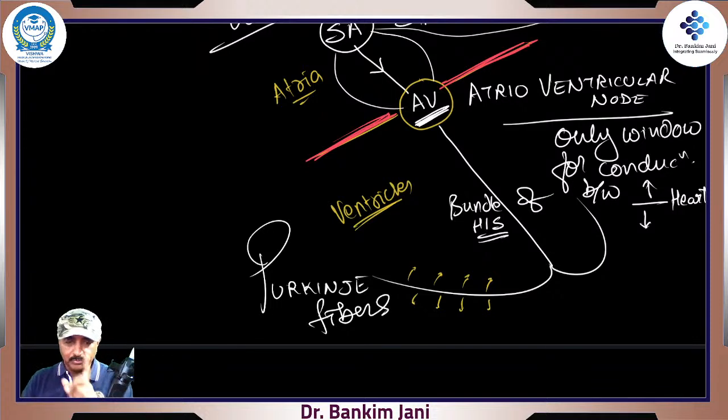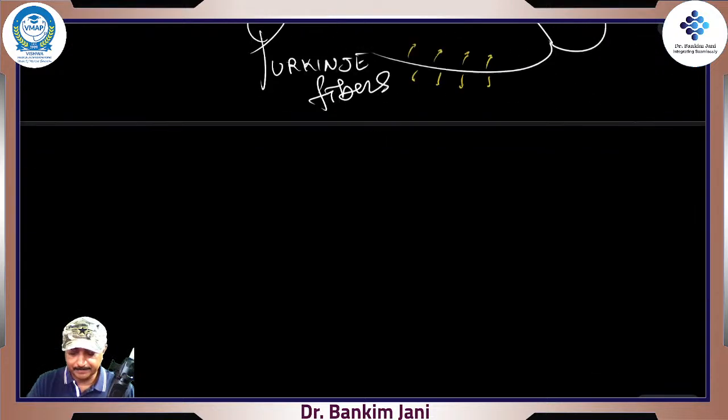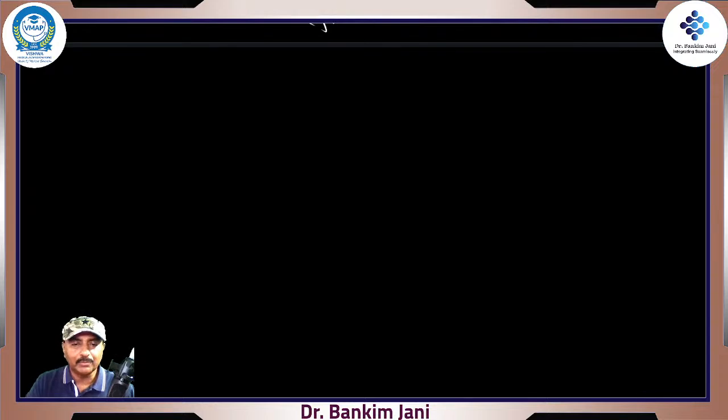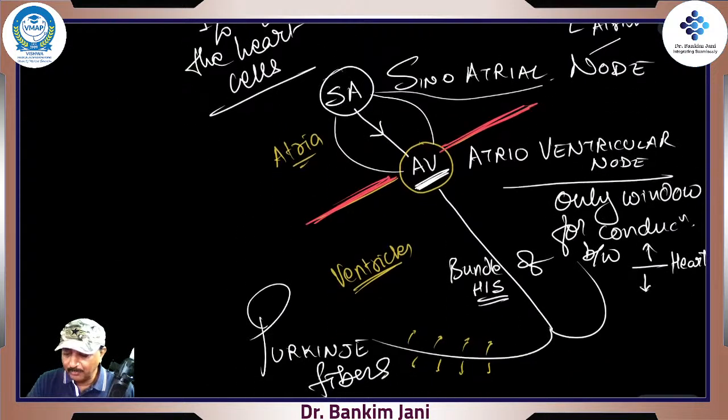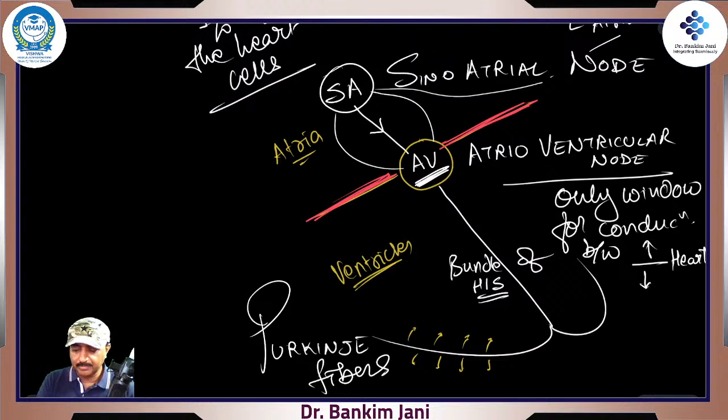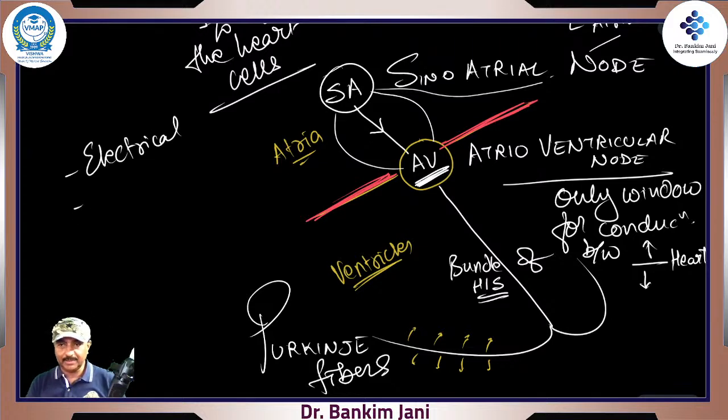We move to our initial pacemaker, the SA node. Let's start that journey: how they really handle this automaticity. By the way, this entire system has electrical activity. See why the heart is fantastic. There is electrical activity, and there would be mechanical activity, because beating and contracting of the heart is mechanical. You got it, it is mechanical activity.